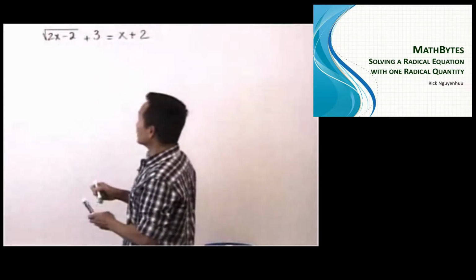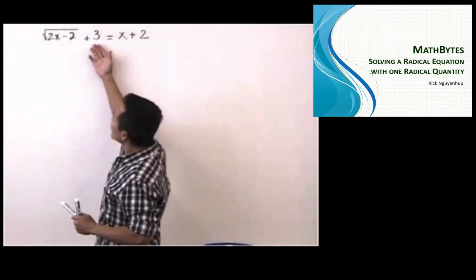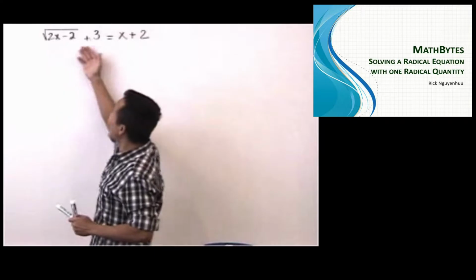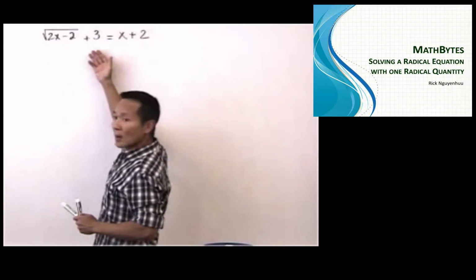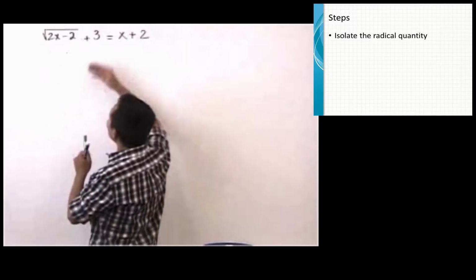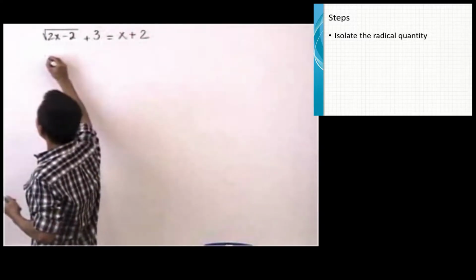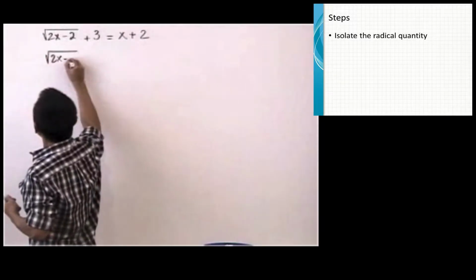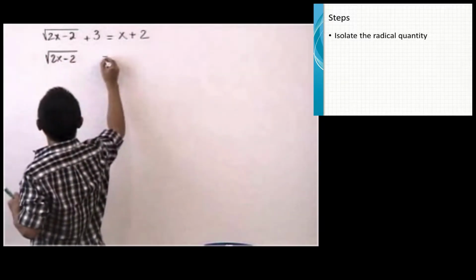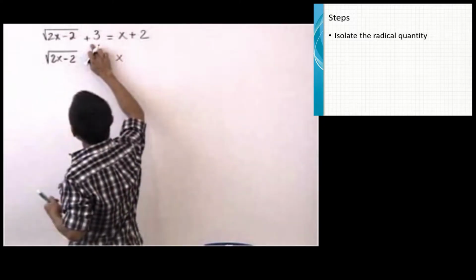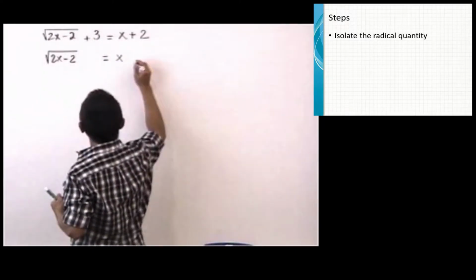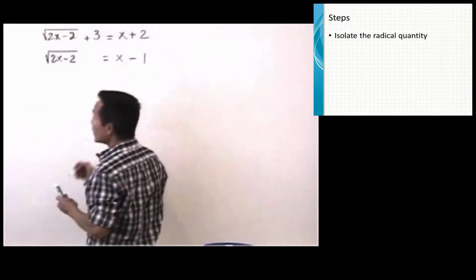And this is what I do. On the left side of the equation, I have the radical quantity and the number 3. So I want to isolate only this. So I subtract 3 from both sides of the equation. So I have square root of 2x minus 2 left, equals x. I take away 3 here and take away 3 here, so I have negative 1. And then